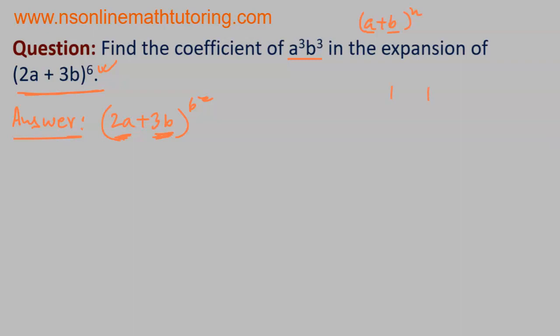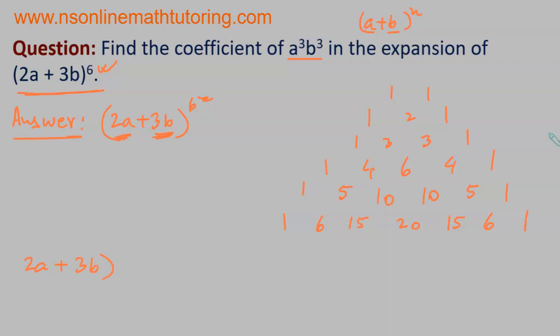1, 1, 1, 2, 1, 1, 3, 3, 1, 1, 4, 6, 4, 1, 1, 5, 10, 10, 5, 1, 1, 6, 15, 20, 15, 6, 1. Okay. So now we start over here. 2a